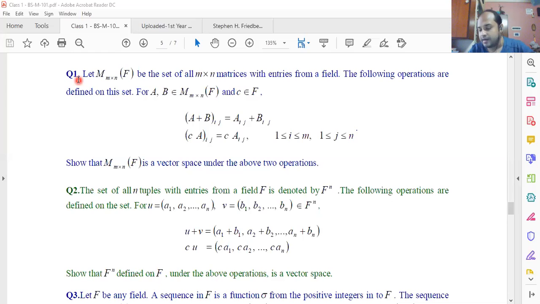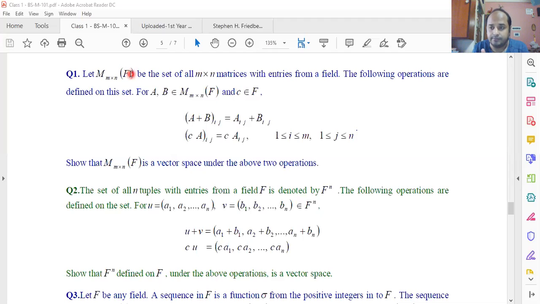So what is this question number 1? Let me read it first of all. Question number 1 has a set M. M is a set of matrices, and it contains all the possible matrices of order M by N. Some matrices are rectangular matrices, some are square matrices. And here inside the bracket I have written F. It means that